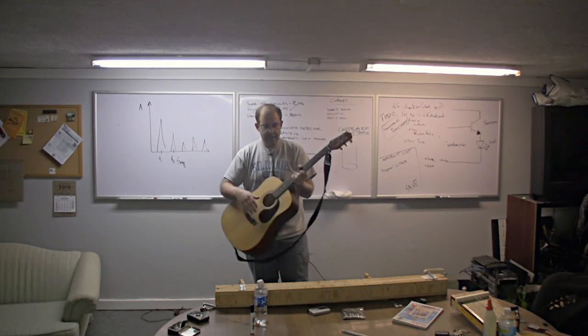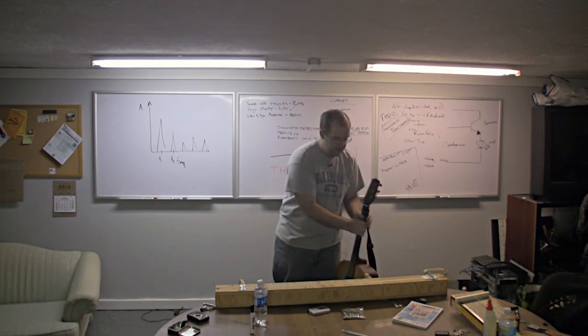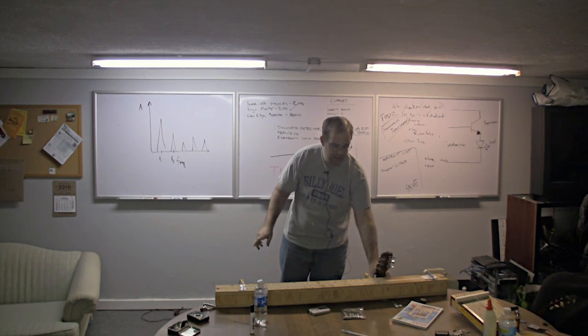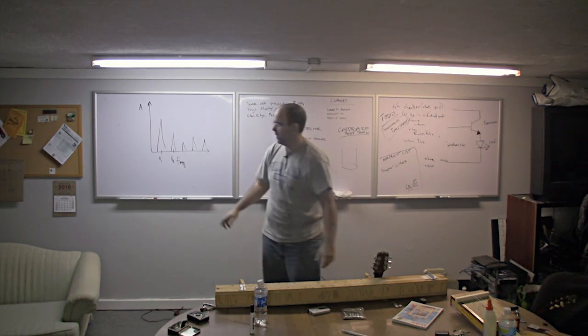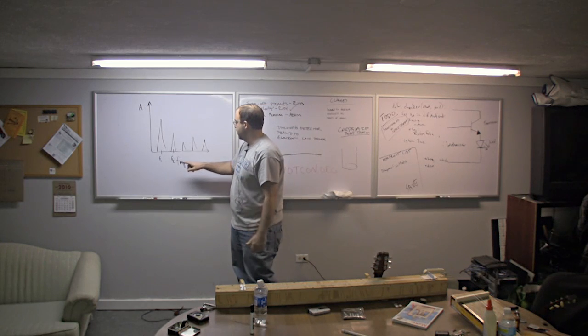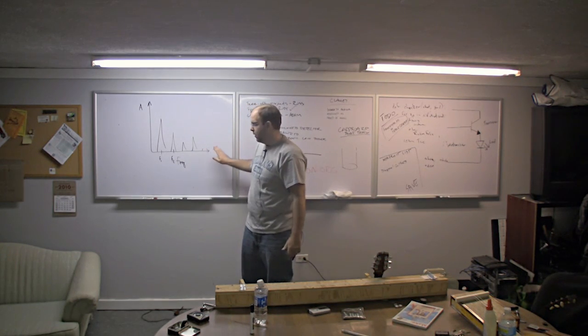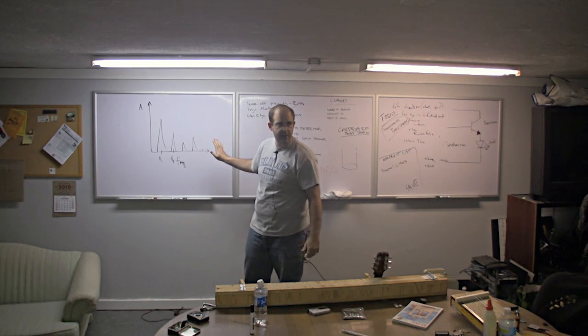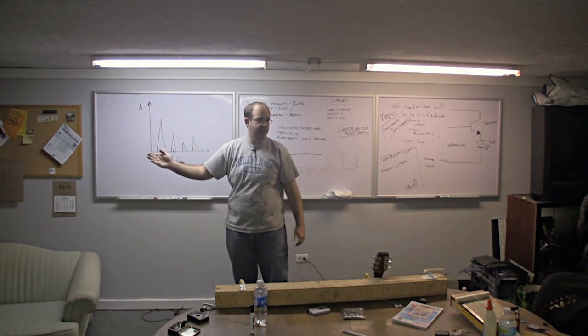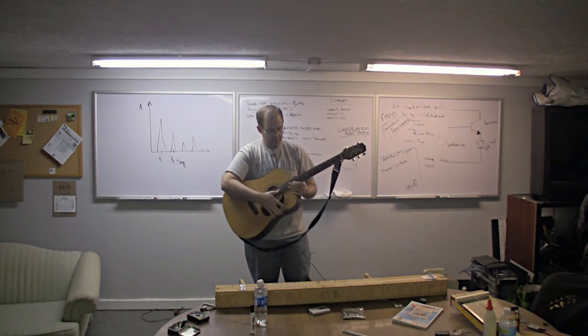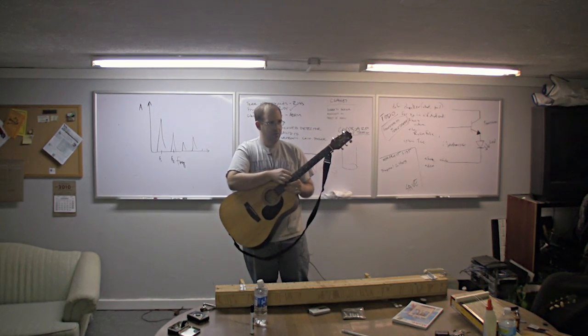Okay, and it turns out that if I pluck at about 1/5 of the way from the bridge, I end up de-emphasizing the 5th harmonic. It almost completely goes away, whereas the 6th, 7th, and 8th would still be there. All right, and then every 5th harmonic is going to be gone. If I pluck halfway down, I get rid of every other harmonic. I get rid of the odd or the even harmonics.